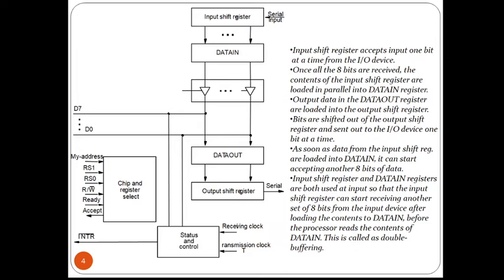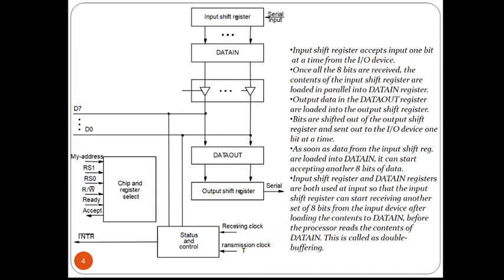As soon as the bits are moved to the data in register from the shift register, the shift register can immediately start accepting the next 8-bit characters from the IO device. The SOut flag indicates whether the output buffer is available or not. It is cleared to 0 when the processor writes new data to the